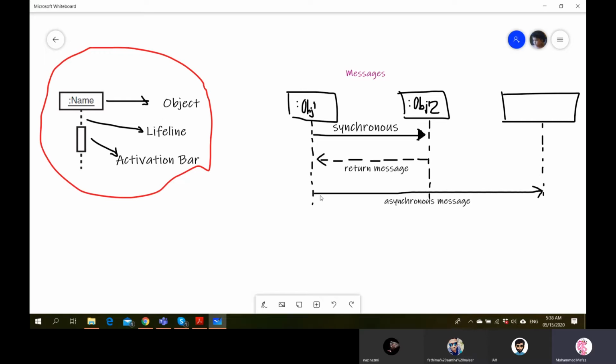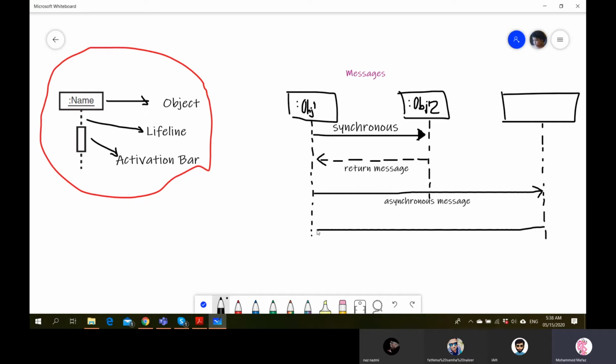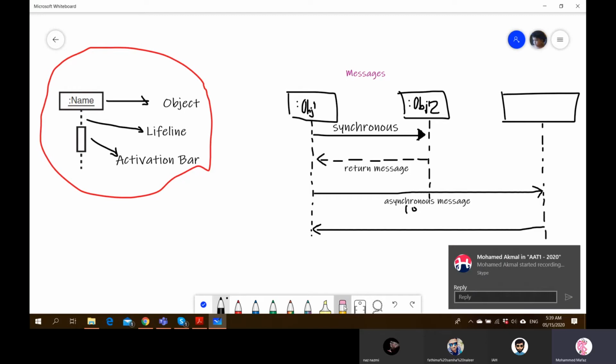Apart from that, if you are sending a one-way message, let's say sometimes after some time along this timeline in this third object, depending on whatever you have drawn in your scenario, this could again be sending a one-way message back like this. So the arrows don't have to be only from left to right. It can be the other way around as well. So again, keep the concepts in mind. So an asynchronous message is one way, right? Maybe you should put in brackets 'one way'. Okay, note that down.